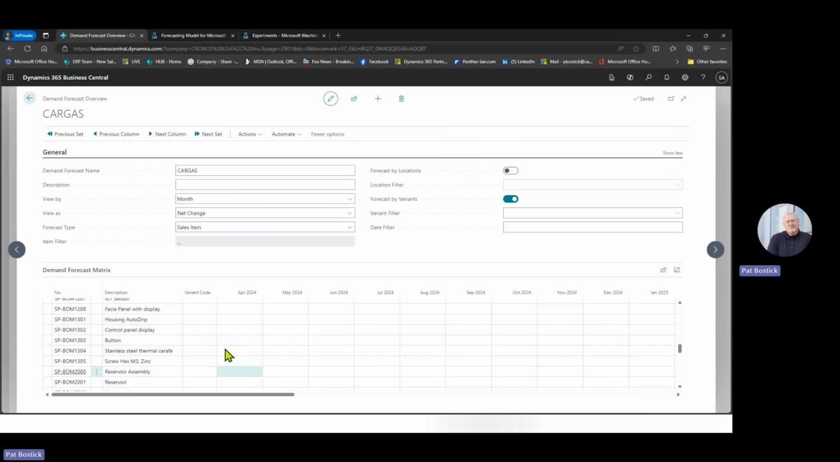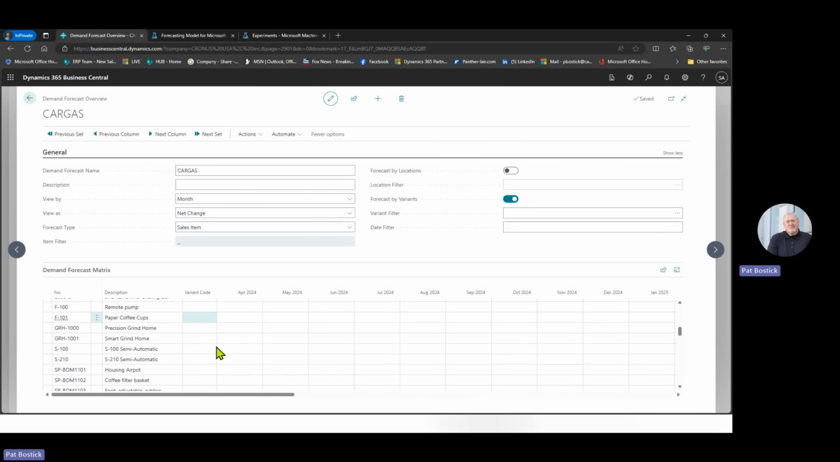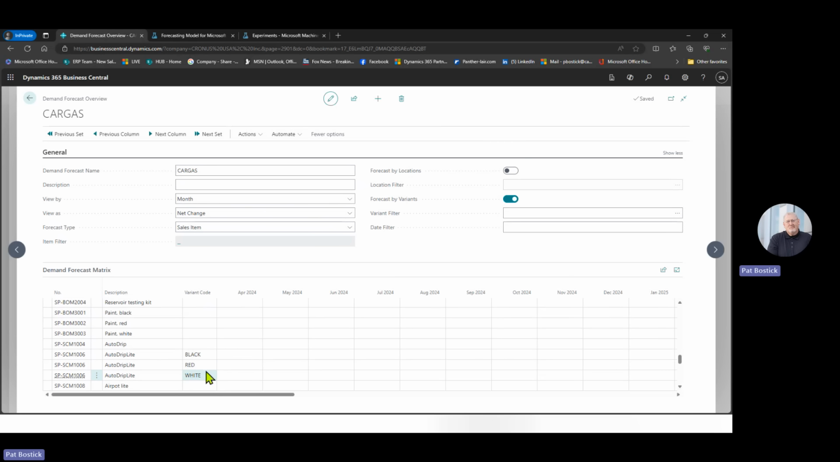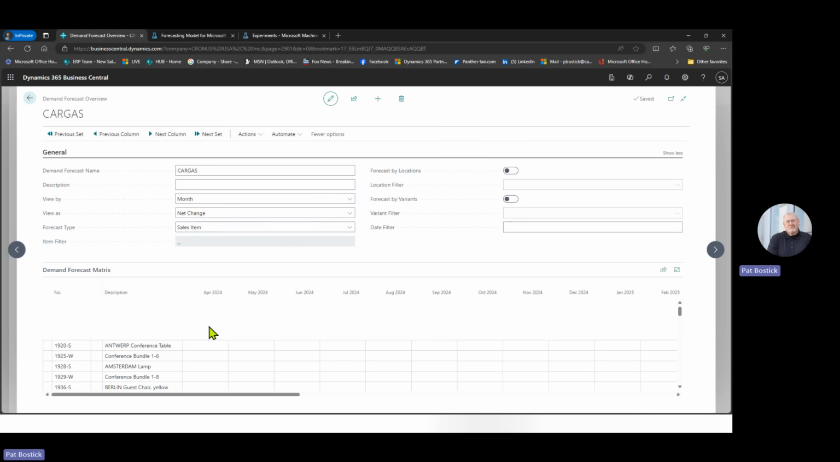I don't have any really, well, a couple items here might have a variant code, but yeah, black, red, and white for color for the auto drip light coffee maker. But we're not going to do that either. And we are just going to do this. We're going to create a demand forecast here by month. And what I would do is simply come in here, say, okay, I plan to sell 100, 150 in May, 200 in June, and then back to 100 in July. And so I have that forecast now,